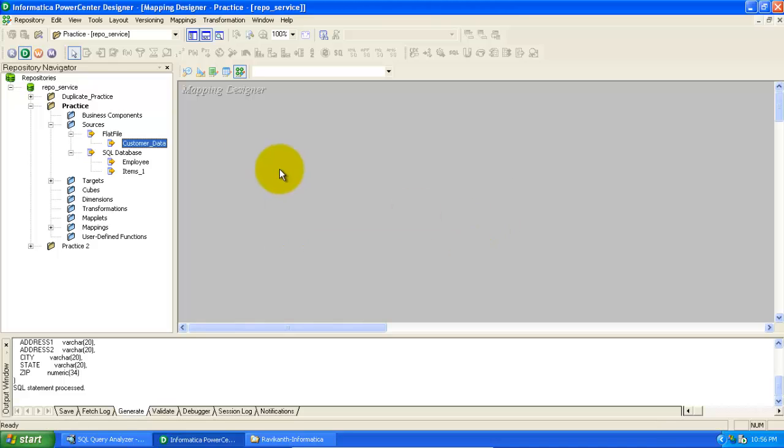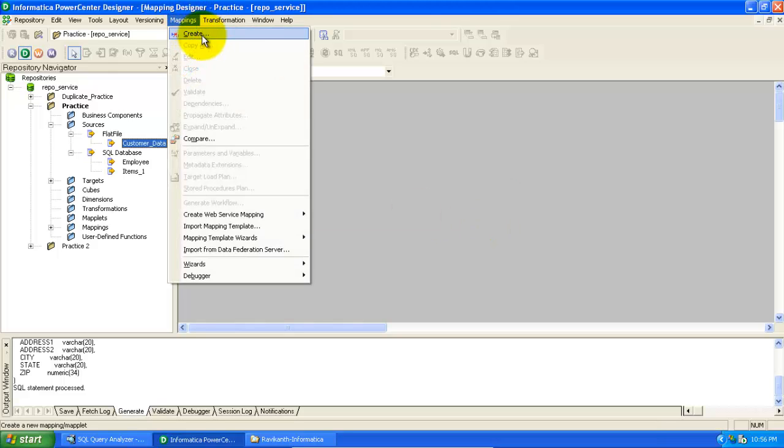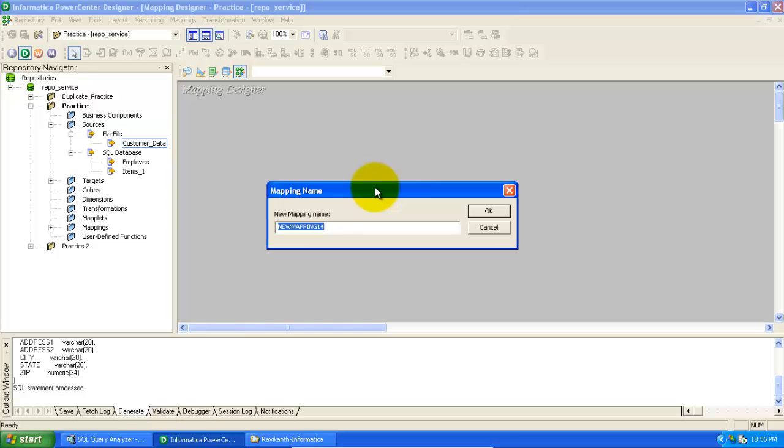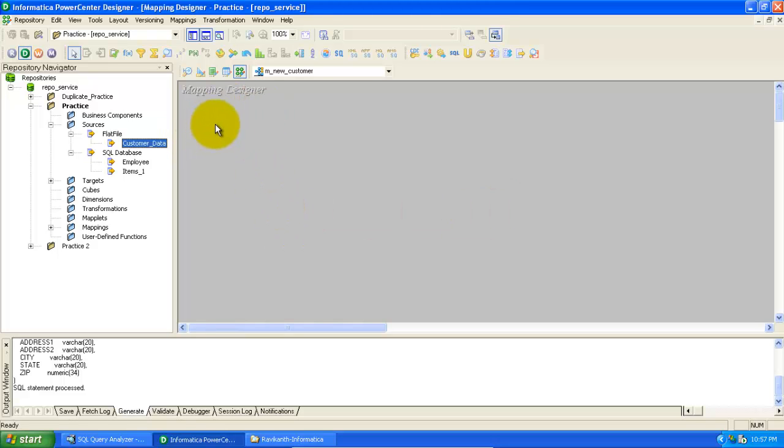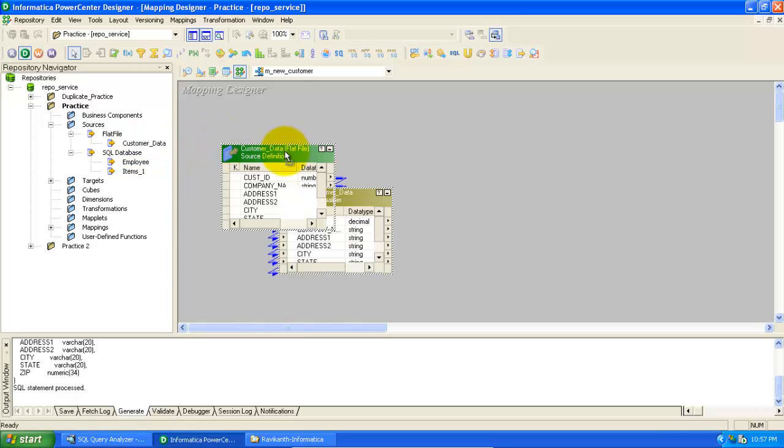So before dragging the source definition, first go to mappings, create new mapping, m_new_customer. Click OK. Once we create this, now drag and drop the source qualifier here.